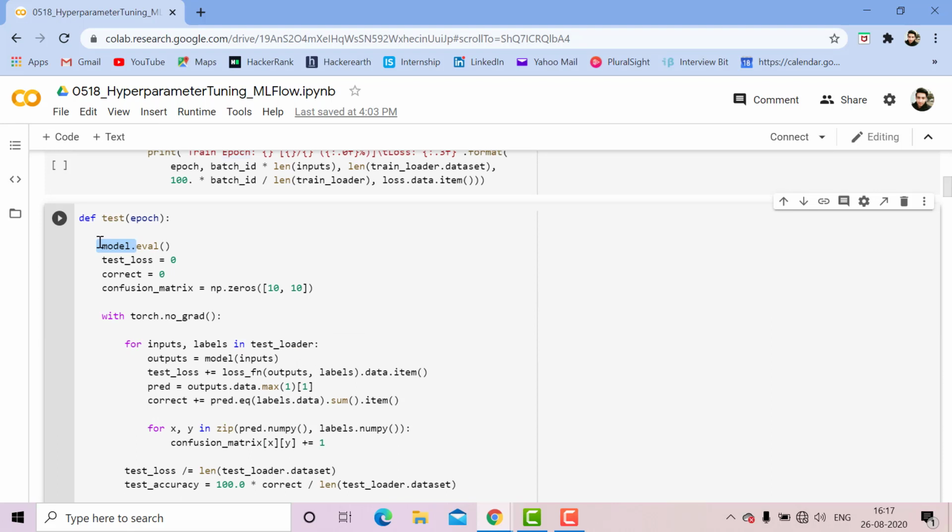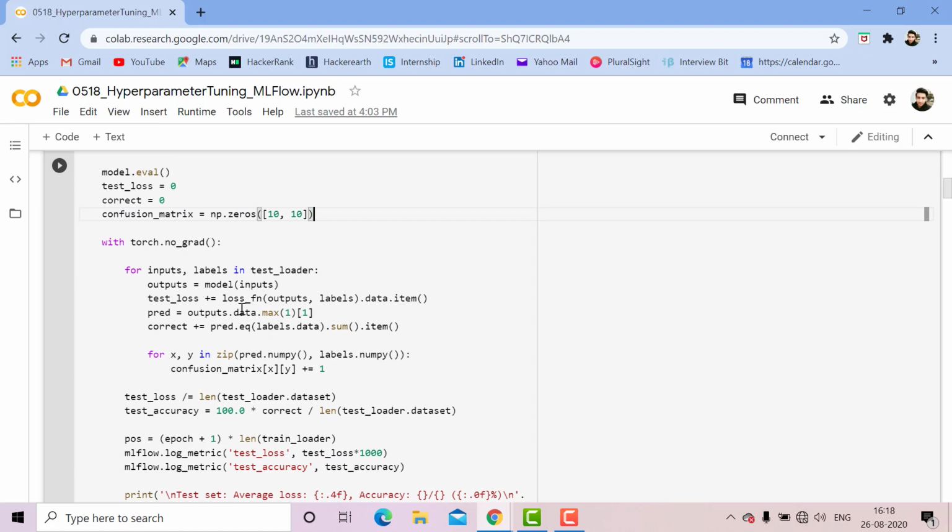Next function is test function with epoch as parameter. model.eval function, train_loss initialized as 0. Similarly for correct, which is also initialized as 0. confusion_matrix is equal to np.zeros of values 10 comma 10, you can see on the screen, with torch.no_grad function.